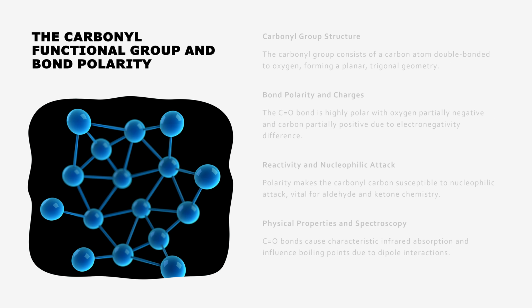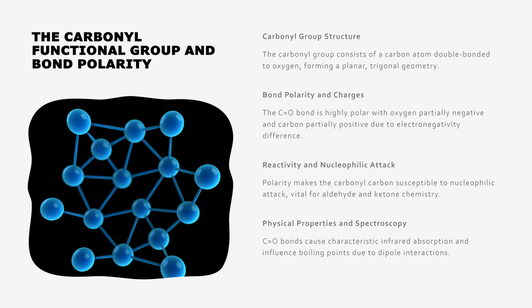Aldehydes and ketones have the carbonyl group, C=O, which consists of a carbon atom double bonded to an oxygen atom, which is highly polar due to the large electronegativity difference between carbon and oxygen. Oxygen attracts the shared pair of electrons more strongly, giving it a partial negative charge, while the carbon becomes partially positive,